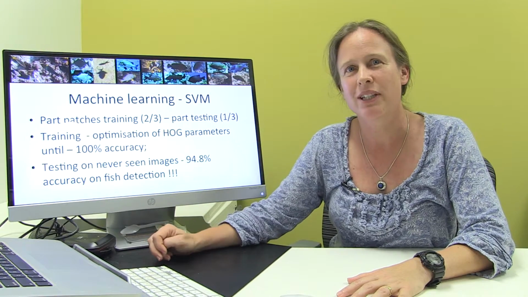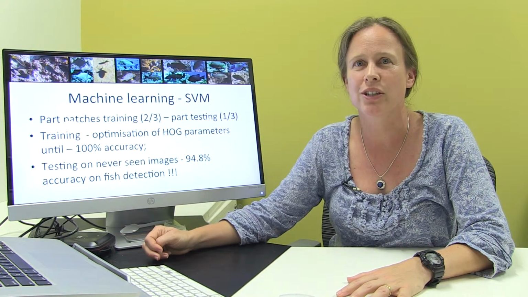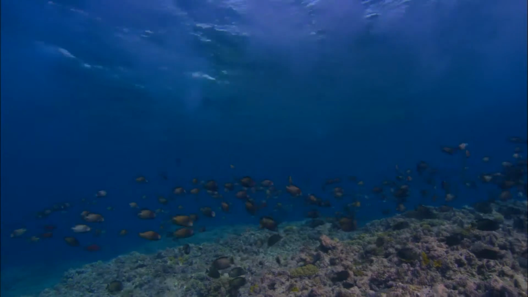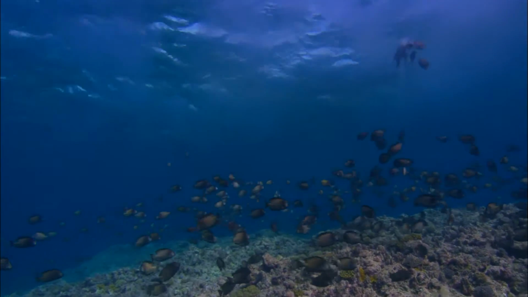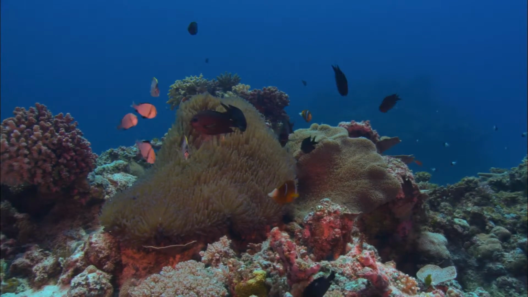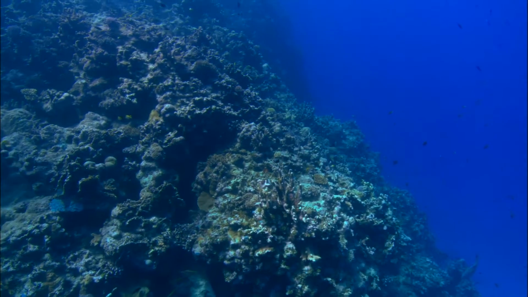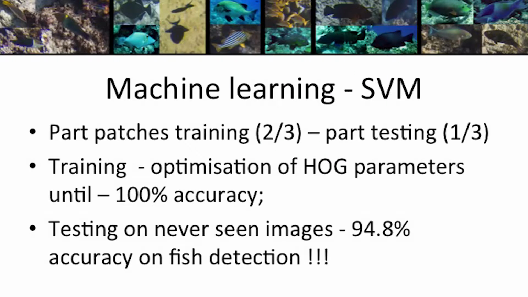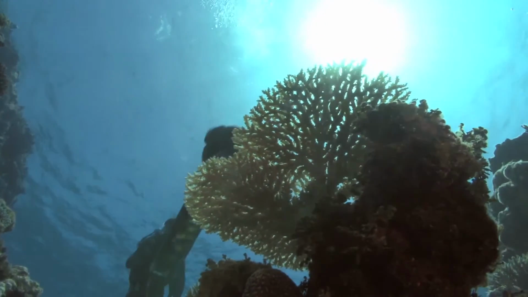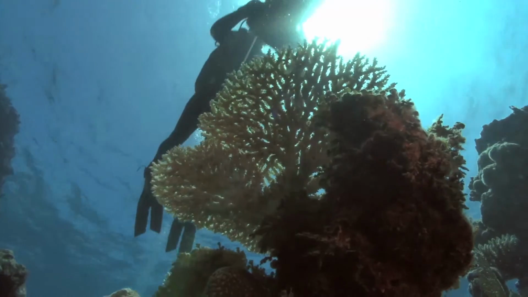As mentioned before, we need to test the machine to see how well it has learned the task of finding fish. So we train the machine on only part of the data. Then we optimize all the parameters possible until the machine can pull out the fish reliably. Then we test whether the computer can also recognize the fish in the images it has never seen before. When we did this with our combined data, we achieved 100% accuracy for the training set and 95% accuracy for the novel images. This is very exciting as it shows that we can use machine learning to find fish in the XL-Catlin Seaview survey imagery.